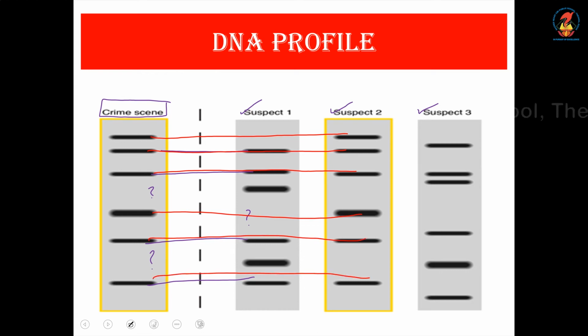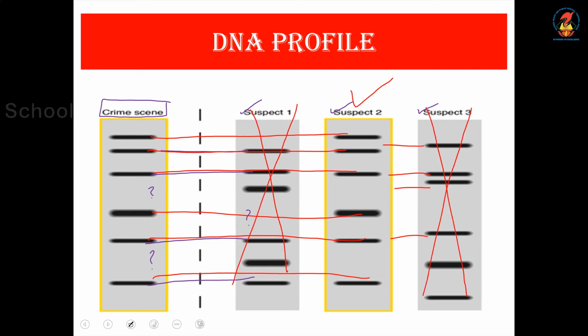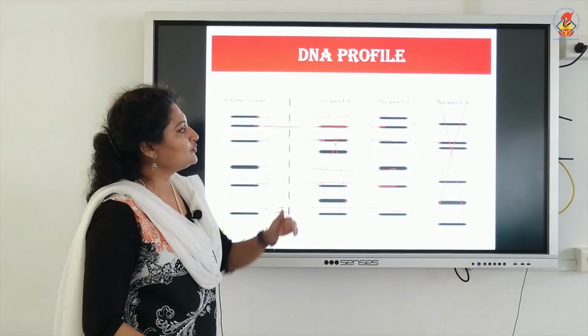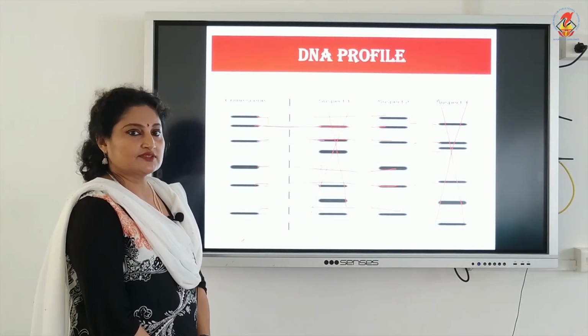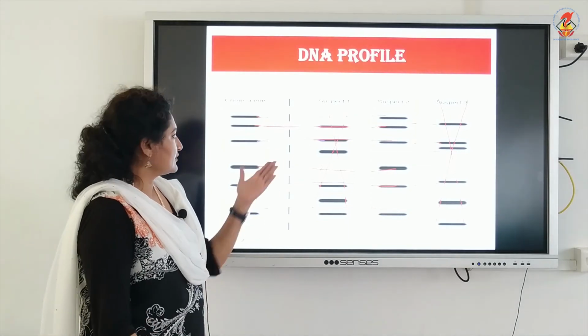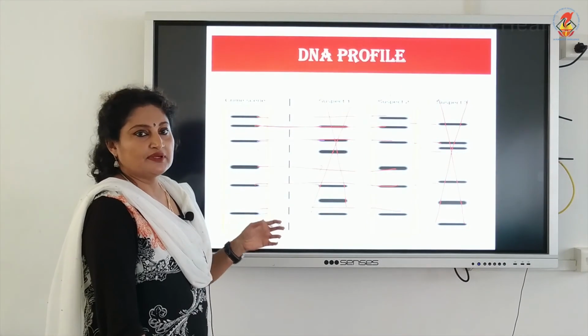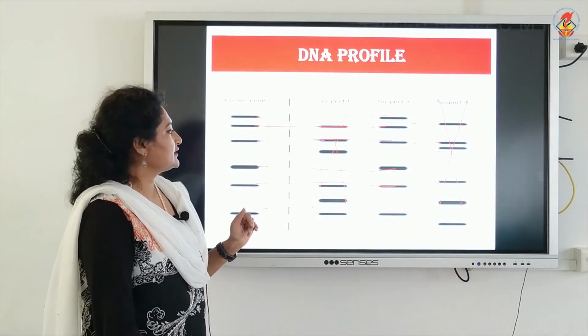So it's an exact replica of suspect 2, whereas suspect 3 we can rule out. See, it's not at all coinciding, totally different. So the real suspect is this and this. These 2 and 3, suspect 1 and 3 are innocent, suspect 2 is the real culprit. So like this, suspects or convicts are caught and they are penalized or sentenced to jail,